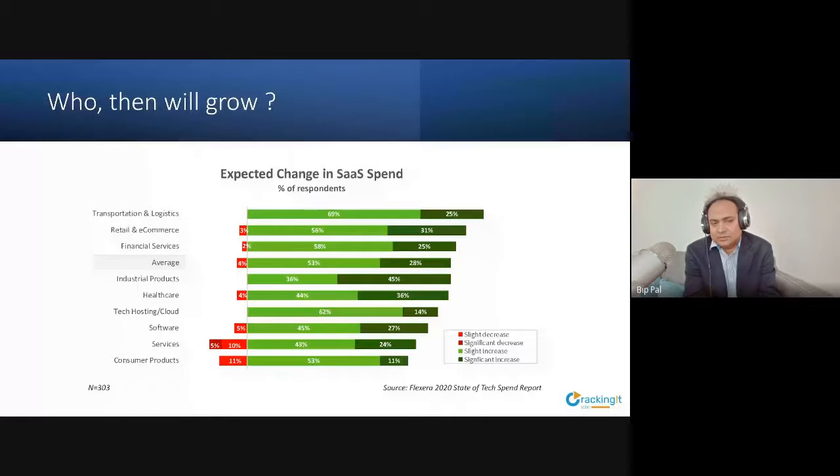In that case, your concern will be to know which industry vertical you are in. Are you in transportation, e-commerce, financial, or industrial? That will be the thing that you'll be looking into. But at least you know that the technology stack will be safe. You are in the right place. Because as I said, in on-premise software, it will be mostly desktop support, and those desktop support jobs are going away. Here, at least you know the skills that you are acquiring in a SaaS, might be as a programmer, might be as an implementation specialist or a vertical specialist in any of the verticals. That skill is good. That is going to stay because you'll evolve with it.